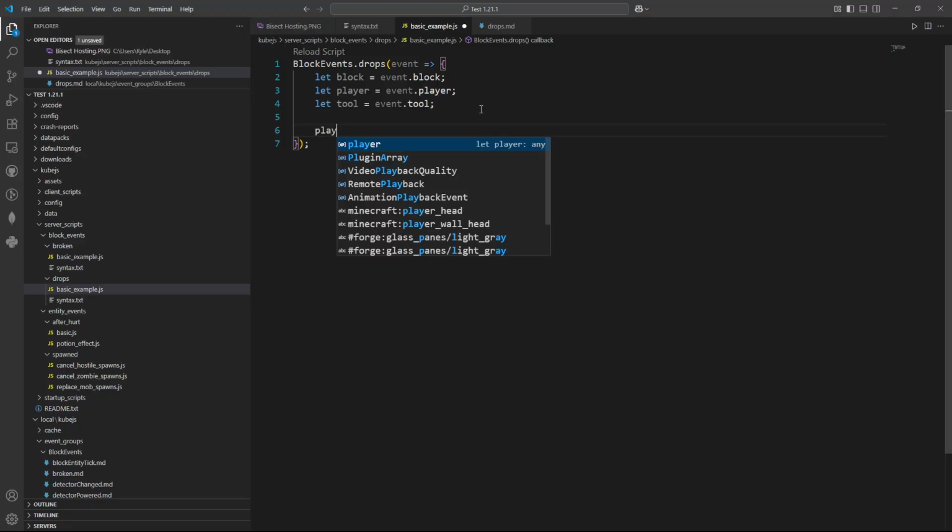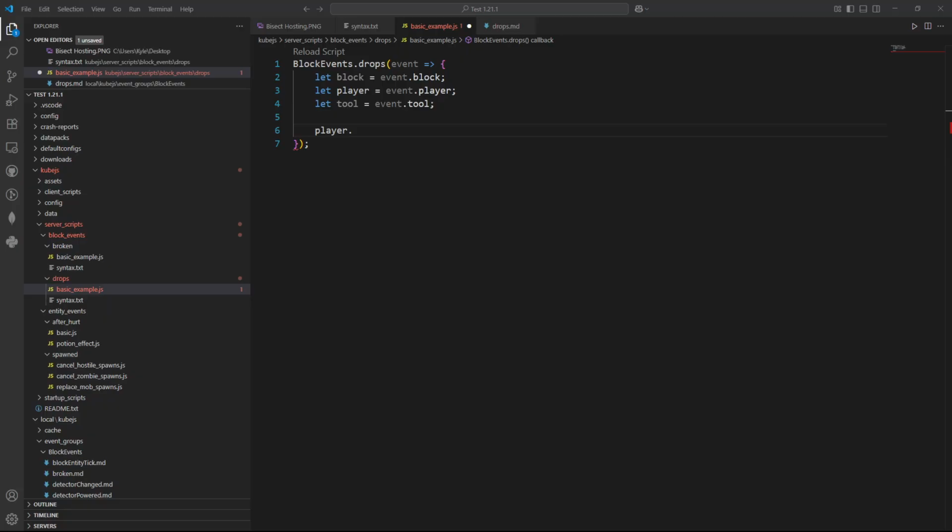So we're going to do player.tell. So we're using the player already because we need to know what player to actually tell the message to. Then inside the function, we're going to put our string. We're going to use that backtick key because it needs to depend on what the block and tool is. So we're going to do "You broke", and then we will use the $ curly brace notation, so block.id,